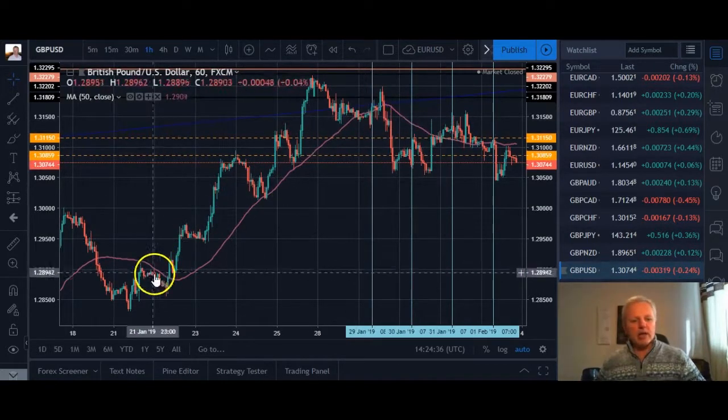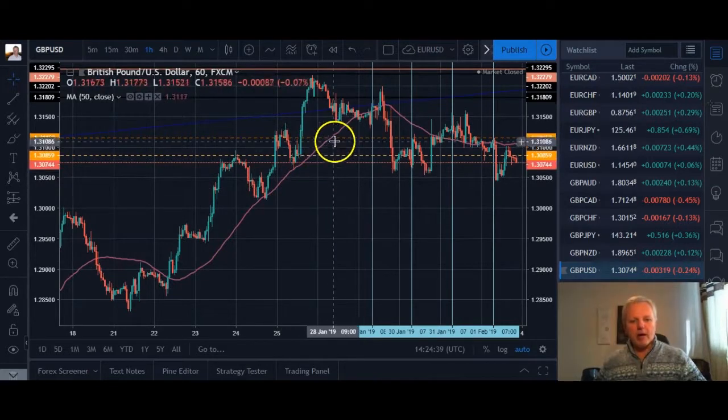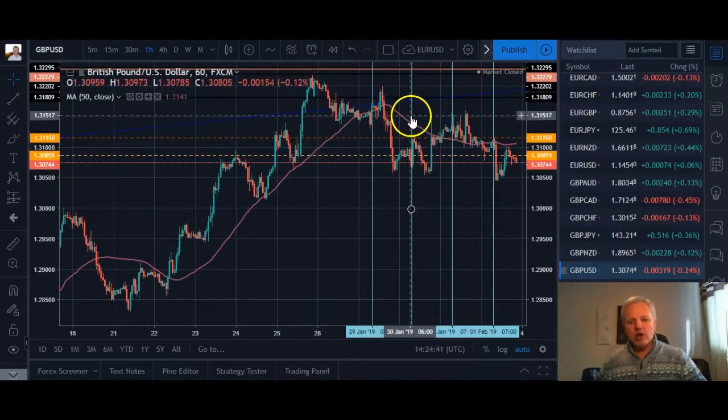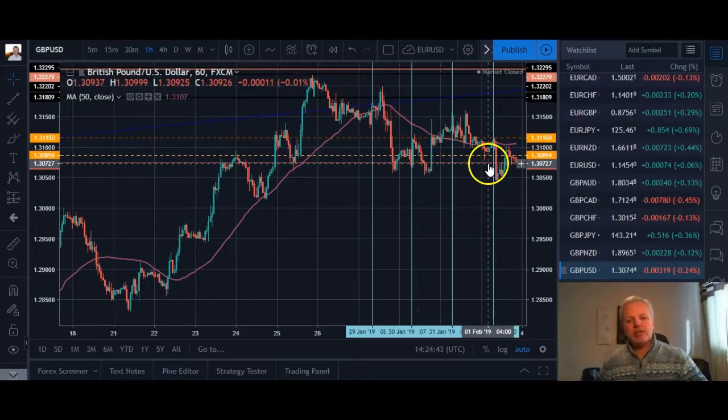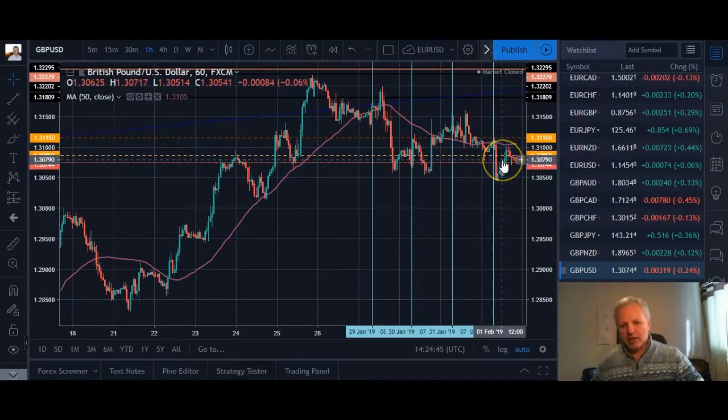It was going up there, but now it's started to turn and it's going down. So basically, if price is under the 50 MA, it's a sell, and if price is over the 50 MA, it's a buy. So now we've determined that